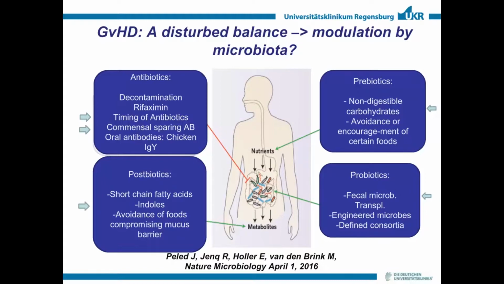I mentioned the beneficial effect of indole and short-chain fatty acids, and this would have the advantage that they are not just destroyed by antibiotics. And of course, we could change the food. And we can use probiotics, directly apply microbiota, like in the fecal microbiota transplantation, and on the long run, defined